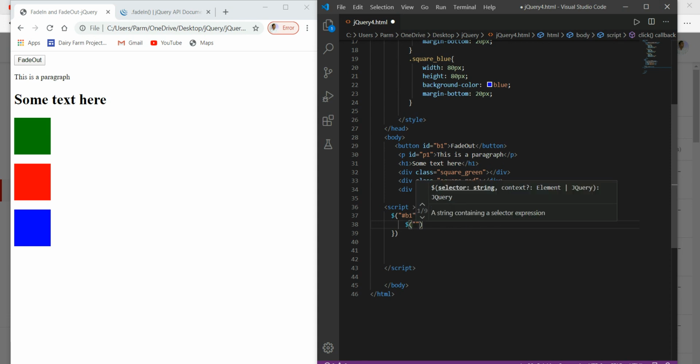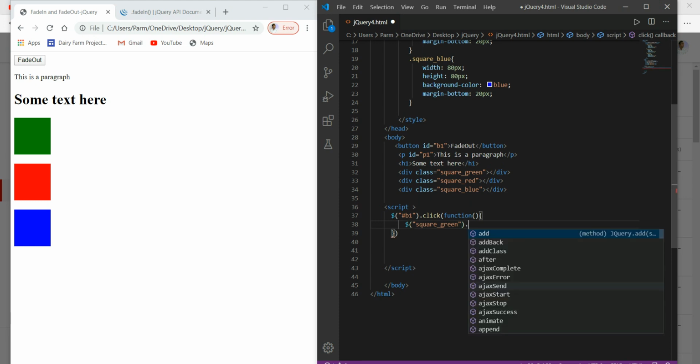Here I have the class selector, so the selector of the element I have to give over there, say square underscore green, and we want it to fade out, so we use the fadeOut function this way.